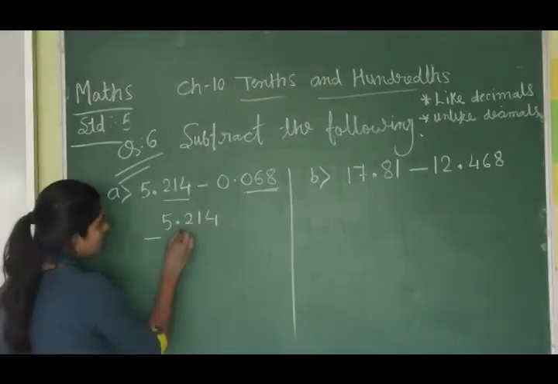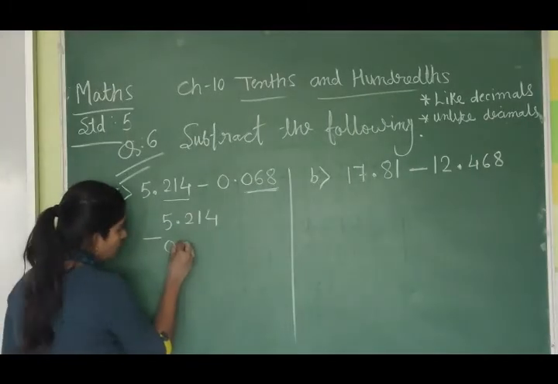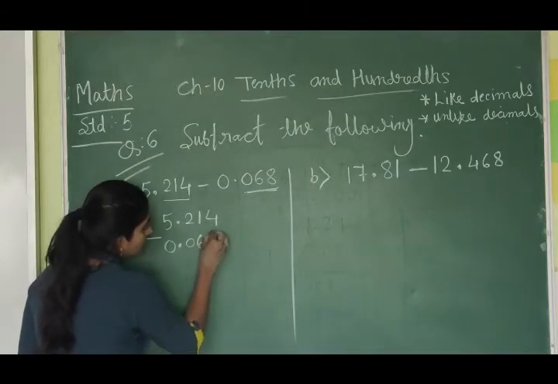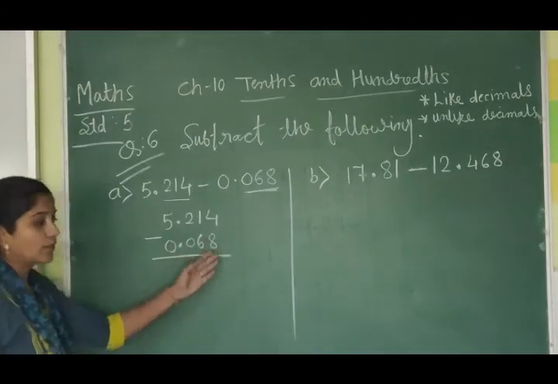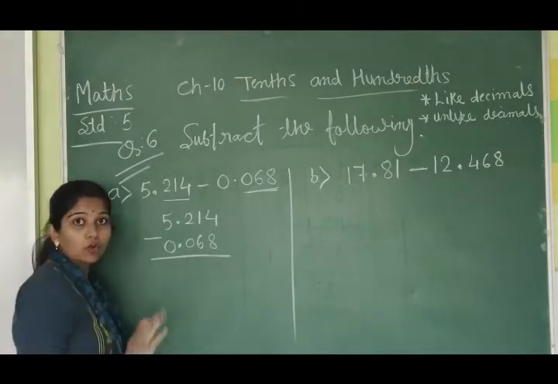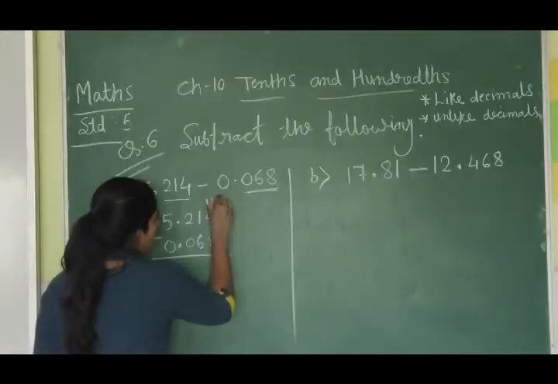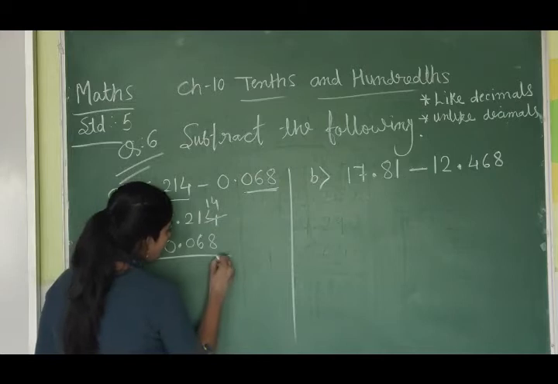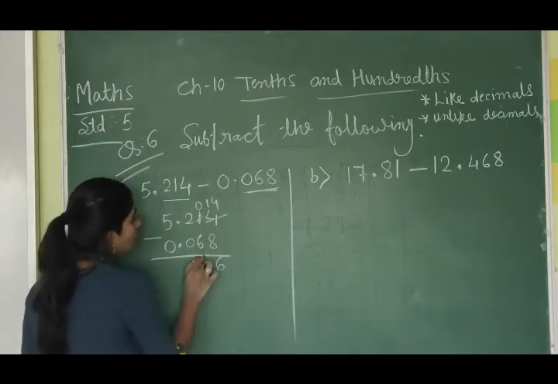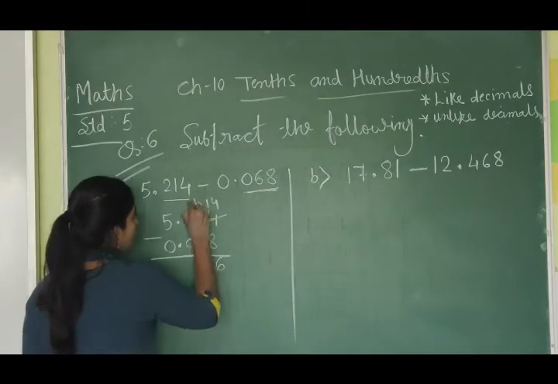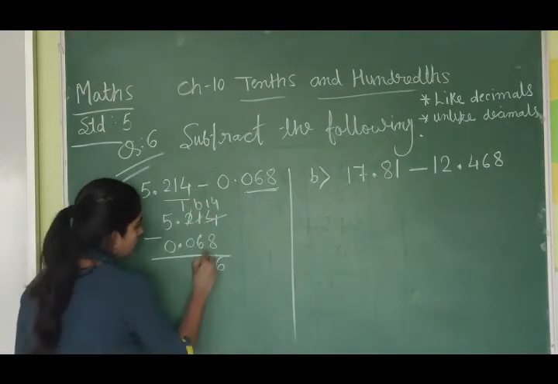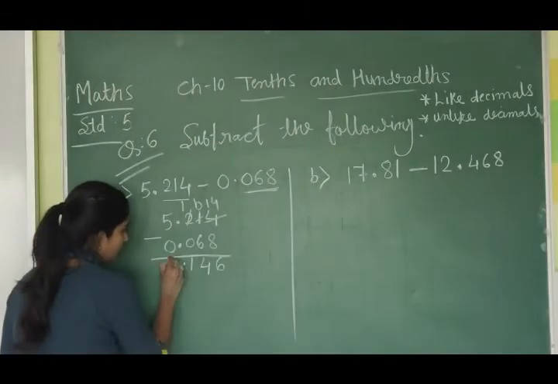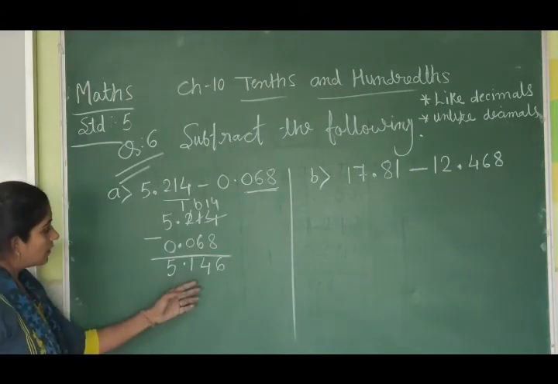5.214 minus 0, in the decimal place we have to put a dot, 0.068. So we have to subtract them. 4 minus 8 is not possible, we are going to make it 14. 14 minus 8 is 6. 0 minus 6 not possible, we have to make it 10, we have to cut down. 10 minus 6 is 4. 1 minus 0 is 1. 5 minus 0 is 5. So the final answer is